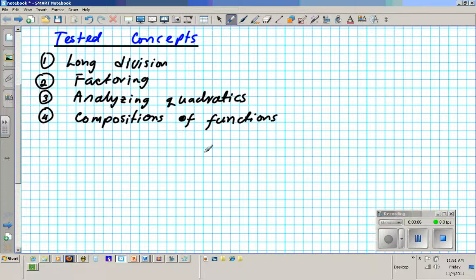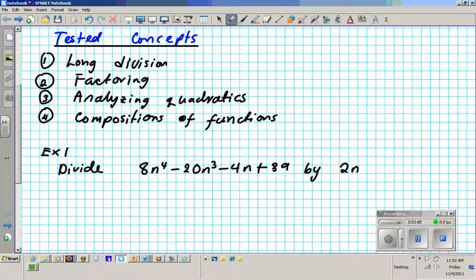All right. Let's start with example number 1 on long division. Let's try this. Divide 8n to the fourth minus 20n to the third minus 4n plus 39 by